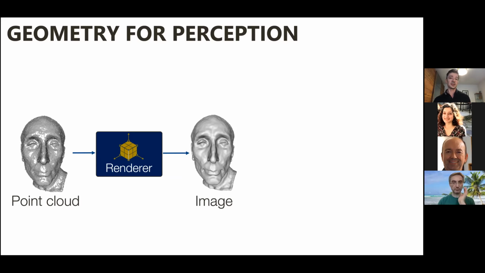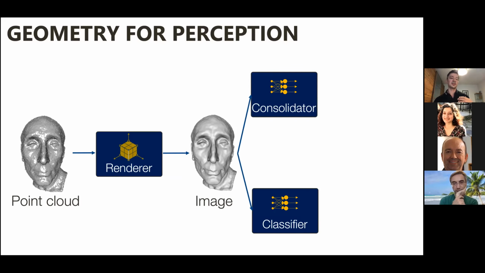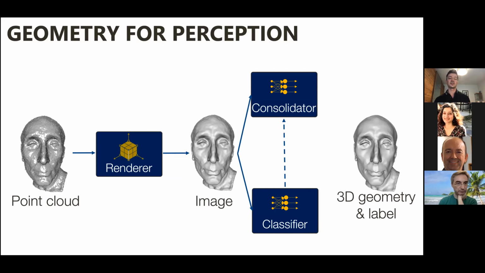So, for example, we can have image-based classification, and then image-based so-called consolidation, basically getting rid of the noise and resampling the geometry. And obviously, classification also helps for consolidation. If you know what kind of object you're working with, it really helps to process the object as well. So in the end, you can get a nicer 3D geometry out with the correct labels for its class as well. So this is the same process, and we just turned our geometry into an image-based representation, because then we can easily run algorithms that work on images.